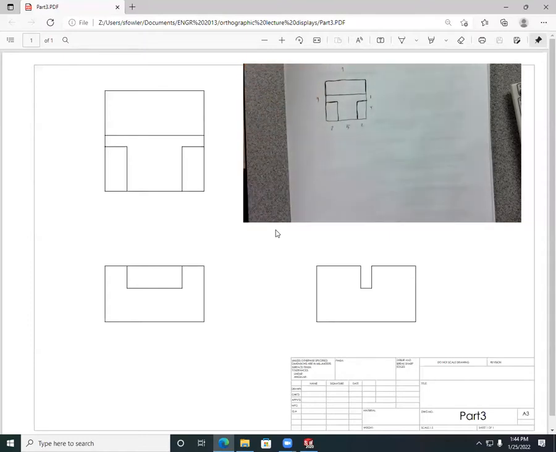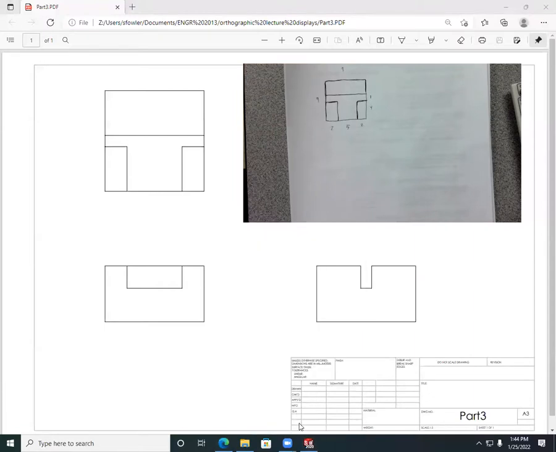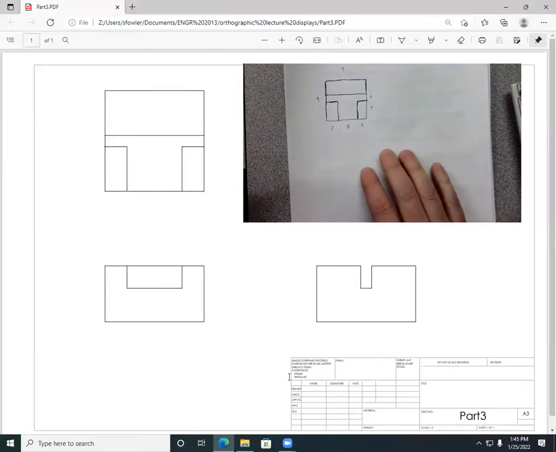I'm going to close SolidWorks. Hopefully that frees up some resources. Okay, so we're really pushing the limits of the computer today. All right,